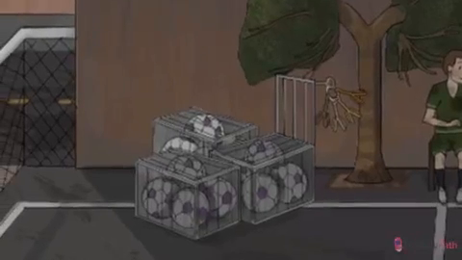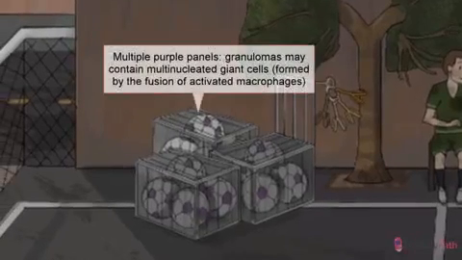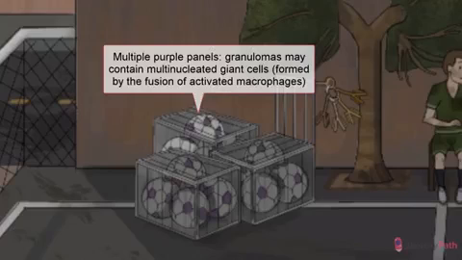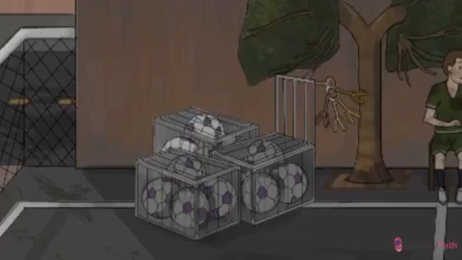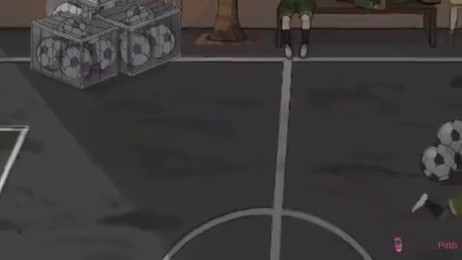One of the cell types I want to focus on in particular is the multinucleated giant cell, which can be seen within the granulomas. Giant cells form through fusion of multiple activated macrophages, and inside that ball of cytoplasm, multiple nuclei can be seen floating around. It looks kind of like the multiple purple panels on each soccer ball, actually. These cells are not specific to the granulomas of sarcoidosis, but definitely a buzzword that the question writer will throw in there to let you know that something granulomatous is going on.